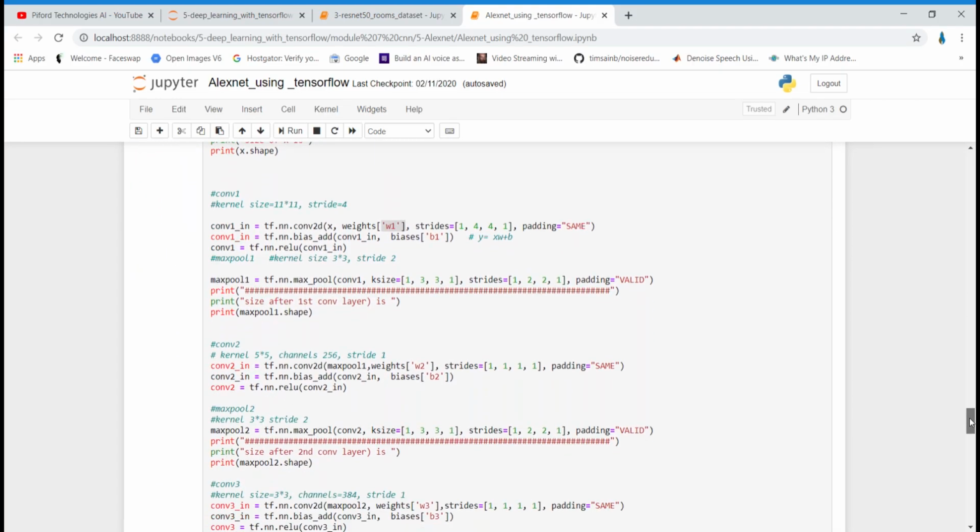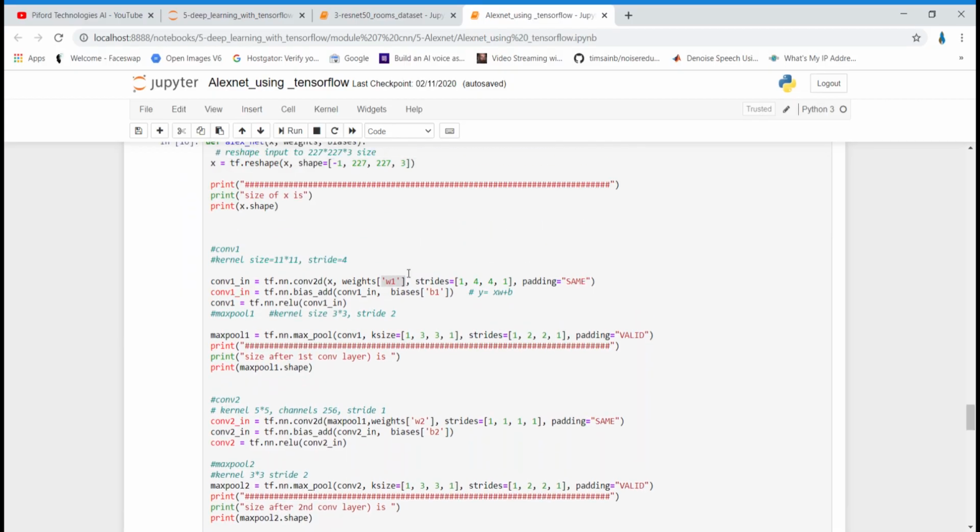So I'm calling the weight value from there, and then stride is 4. The first one and last one we need to write like this only, and these are the two important things. 4 by 4 is the stride. Horizontally, we want to move 4 pixels, and vertically also we want to move 4 pixels. That's why I've written 4 twice, right?